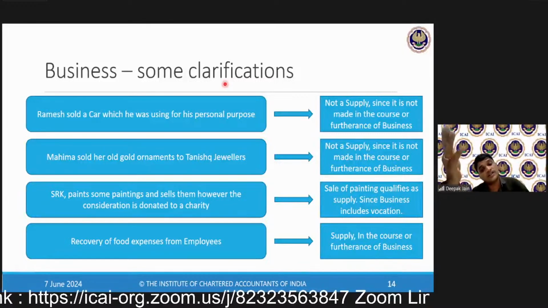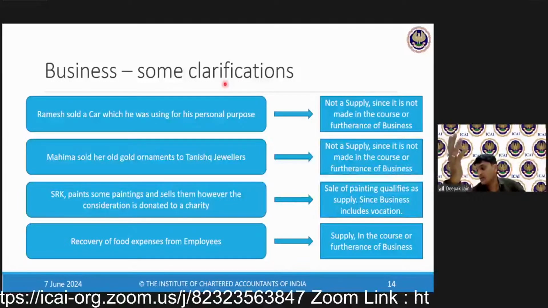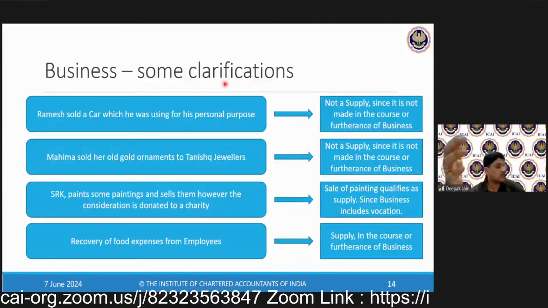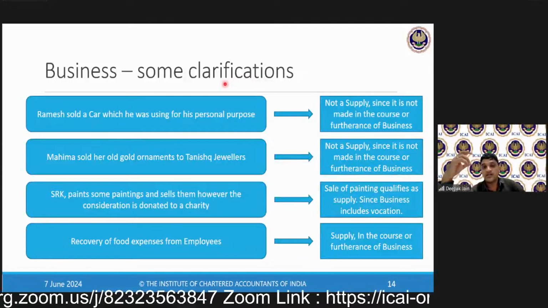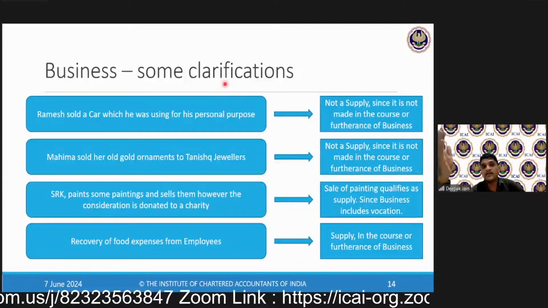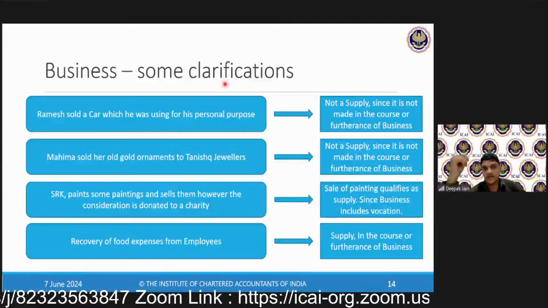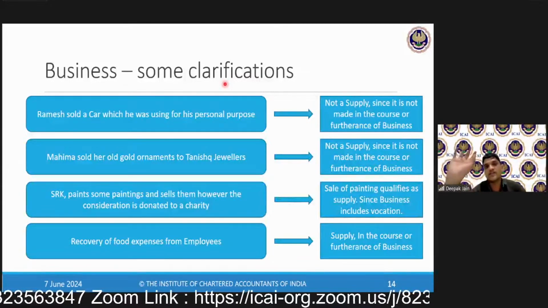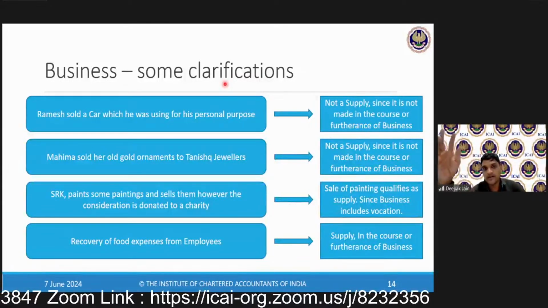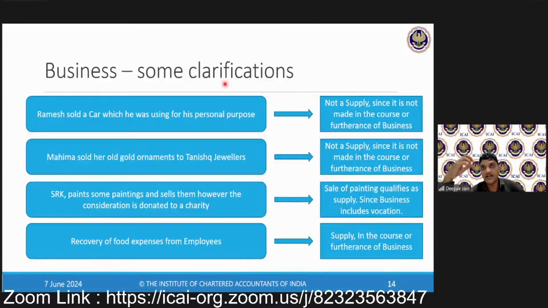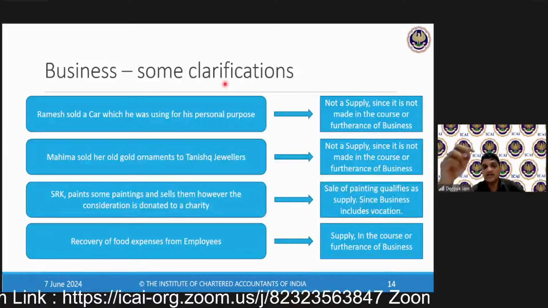Online gaming such as Dreams 11 service is taxable. Yes, very much. I've written a book also. I'll show you that there is a big revenue stream over there for the government. They have amended now, not there for a syllabus, but they have amended and they've said that any kind of online gaming is liable to GST.